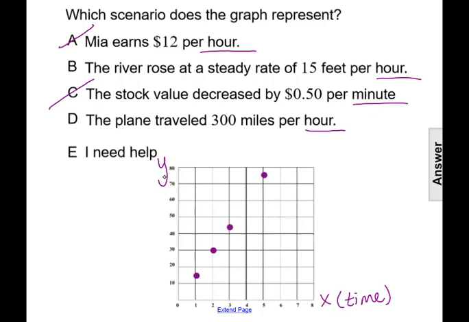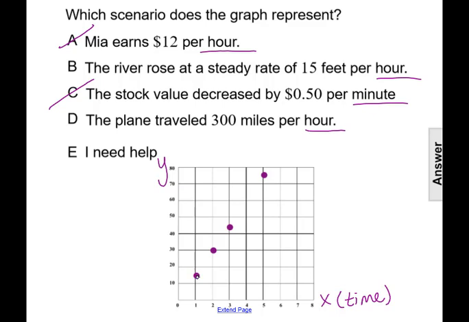We have, again, our independent variable being time, still in per hour. And we have now the river rose at a steady rate of 15 feet per hour. So then the dependent variable y would be the height of the river in feet. So then the first hour, it should be 15 feet. So again, it's a little hard to tell, but it is in between the 10 and 20, so it could